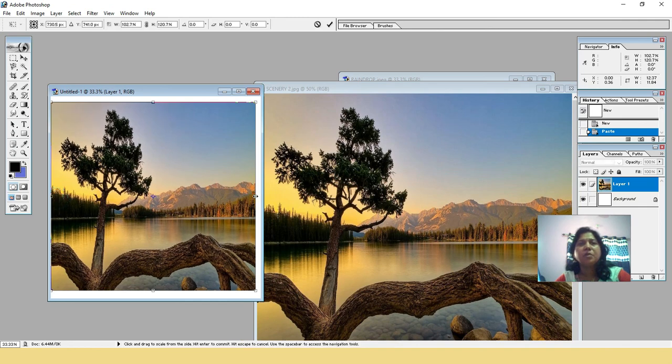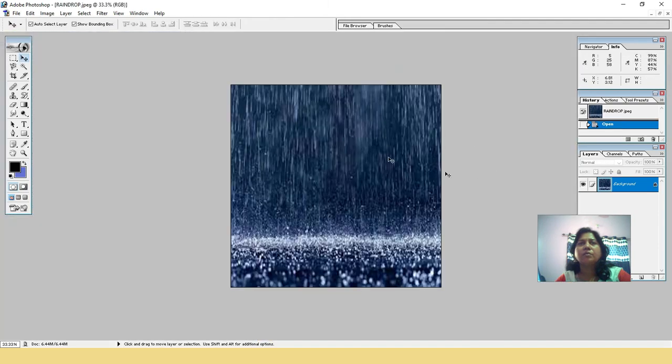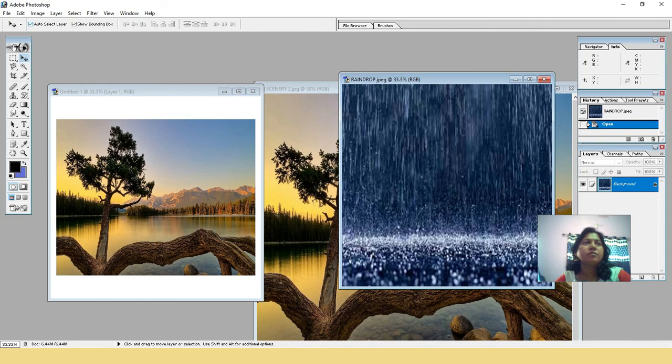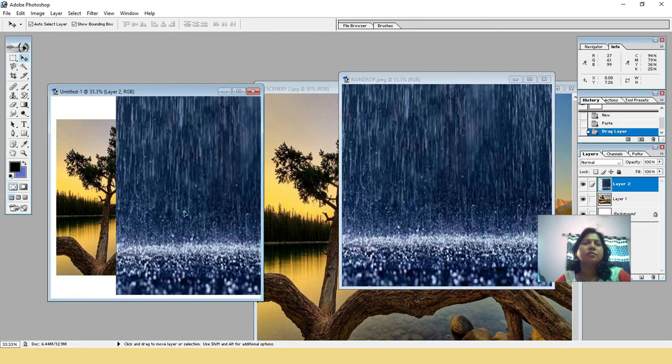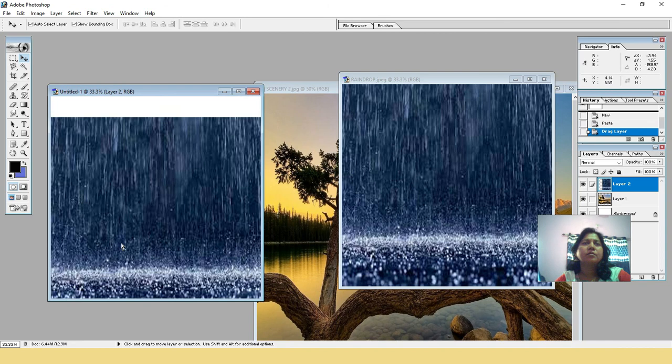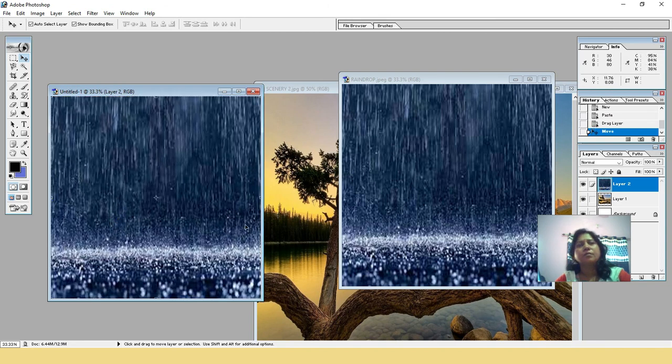The Free Transform tool is there. Okay. Now go for render. Okay, two images are there.